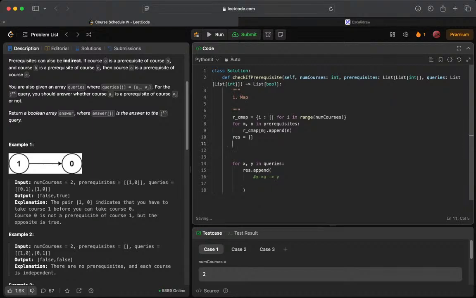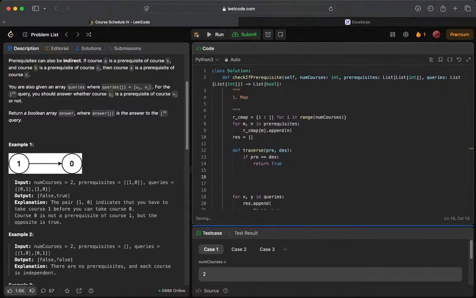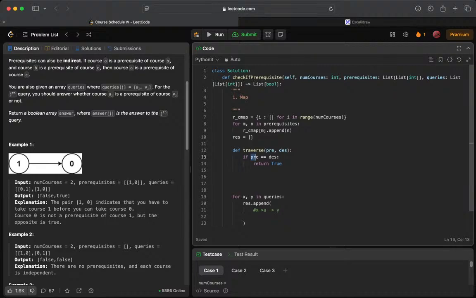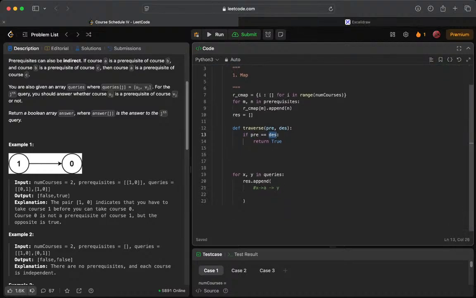Now we need to create a depth first search traversal function. Let's say we will name it traverse, and we have a prerequisite here and a destination node, right? And we'll check if our prerequisite is equal to our destination. Okay. Now we'll return true here. Now let's say this pre is not equal to our destination. So what do we need to do? We need to go through